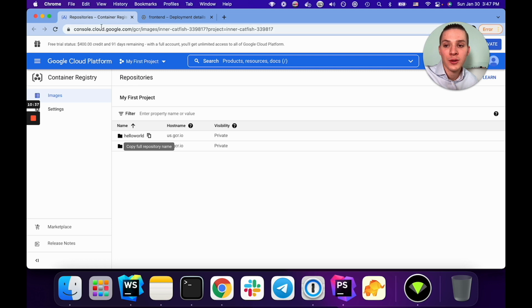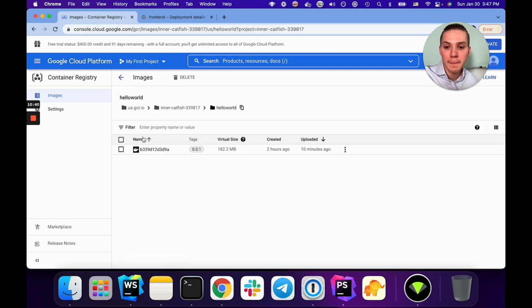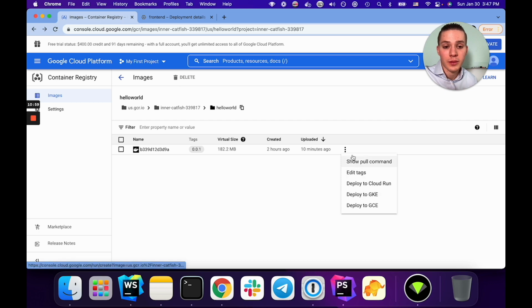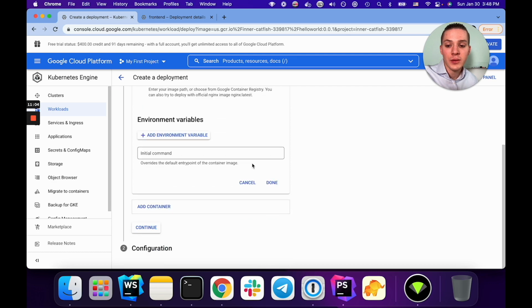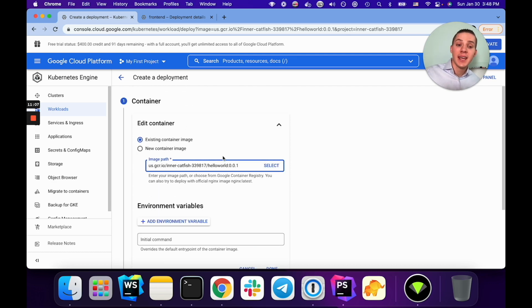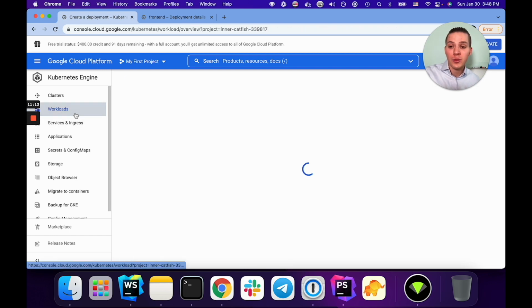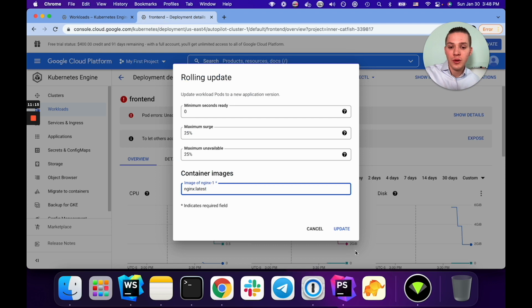I want you to go back to repositories, select hello world, and copy this image, and now we need to find a way to properly paste this image. So let's do that. Google has a really nice button here. You press these three dots, you press on deploy to GKE, and here it allows you to create a deployment right away. In this case, we already have a deployment. So you just copy the path to this image, go back to workloads, or actually you can go back here,